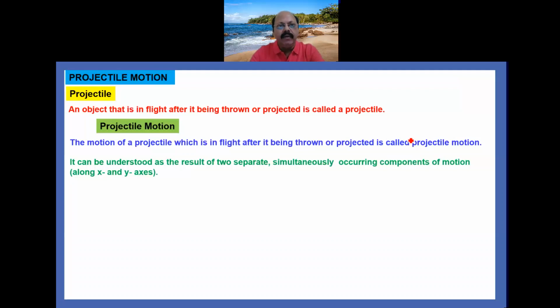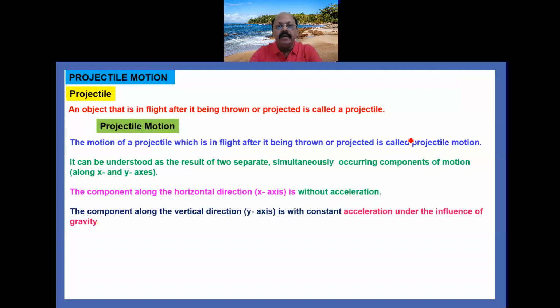that is, along the x-axis and y-axis. The component along the horizontal direction is without acceleration. Here we are making some assumptions so that we can understand the projectile motion and find the equation of projectile motion, path of projectile, and different derivations of maximum height, time of flight, range of projectile. So the first assumption is the component along the horizontal direction is without acceleration, that is, the acceleration along the horizontal direction is 0.